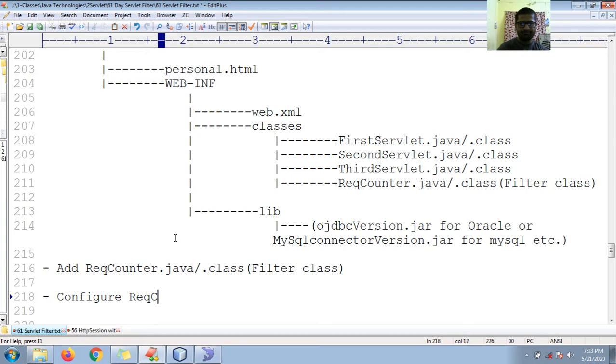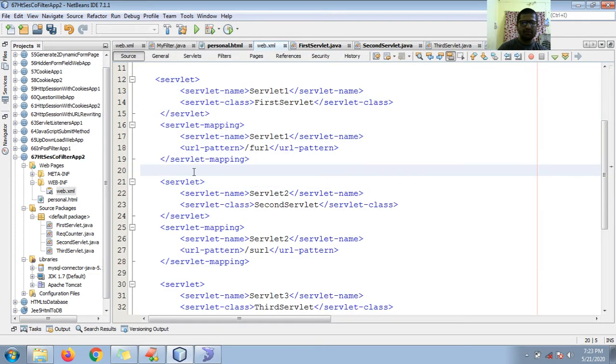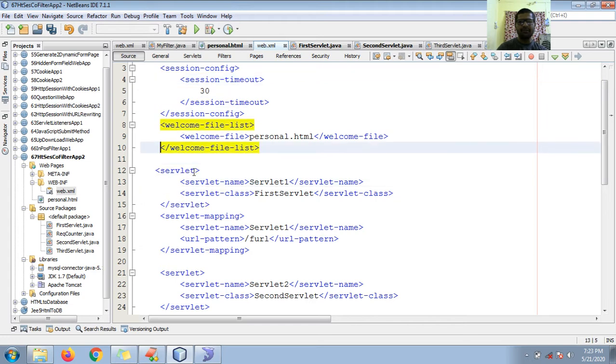Now let us configure the request counter in the web.xml file. Let me go to my web.xml file. Here is my web.xml file, and here I got the filter config. Go to here, filter mapping, filters, and welcome file list.